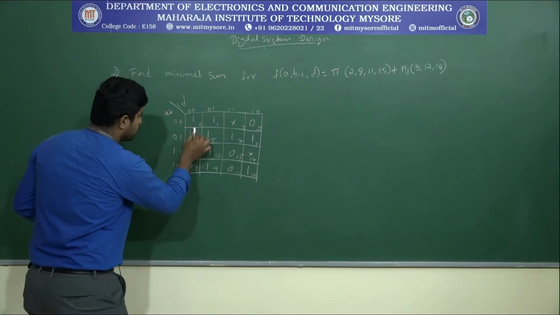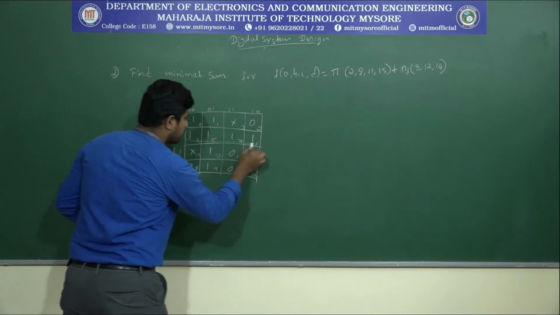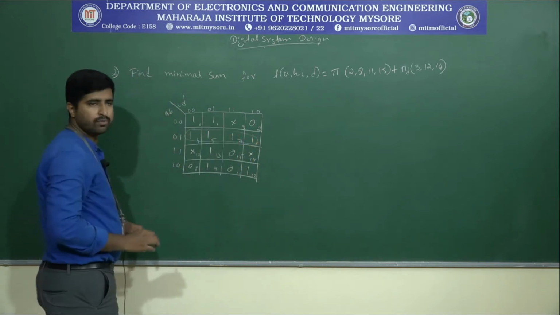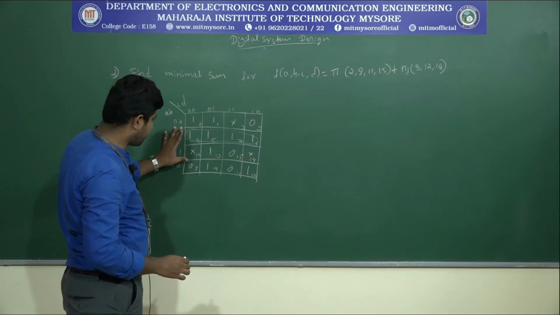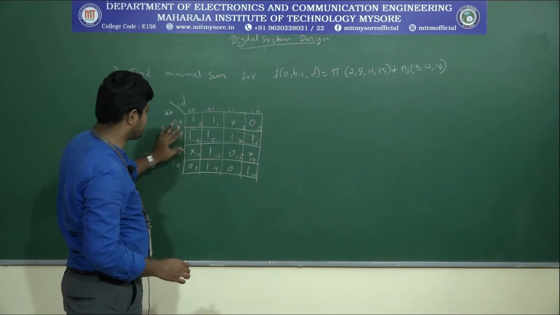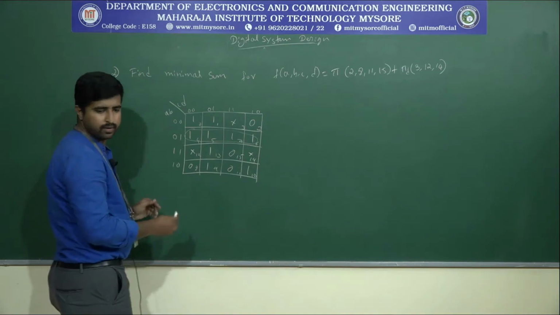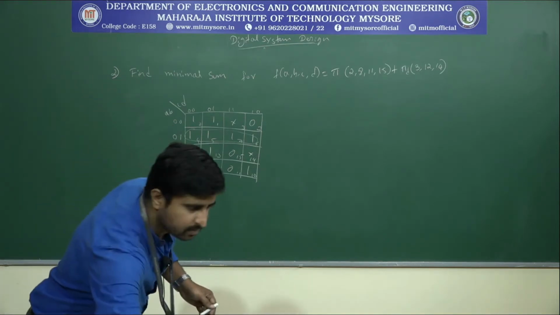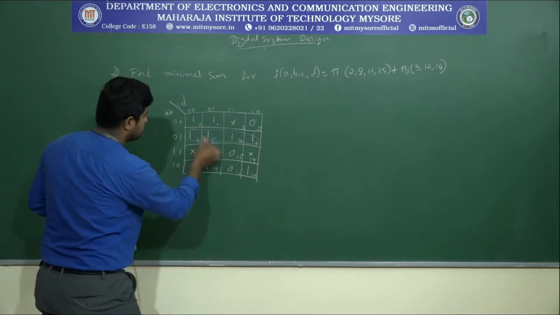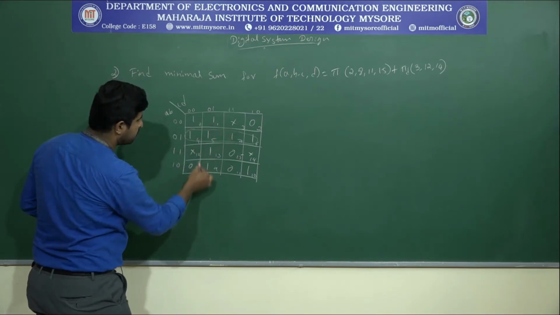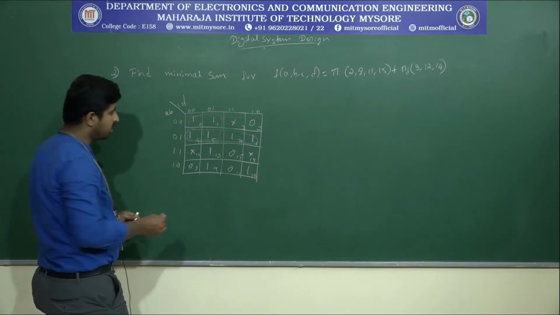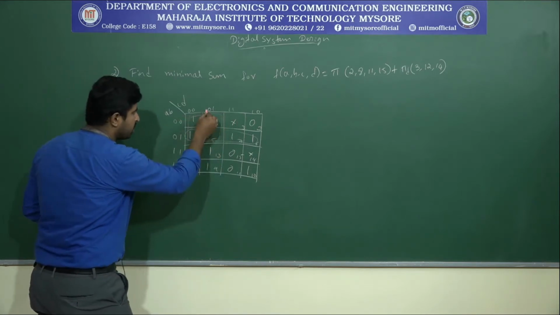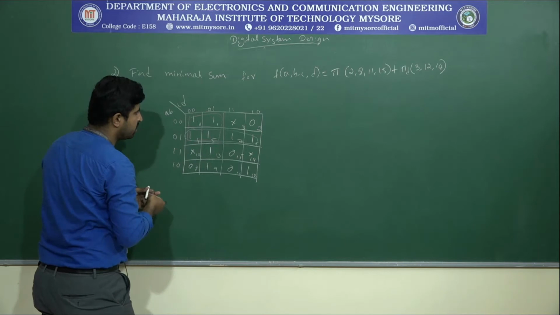Okay, this is the one group. Can we make any 8 cells group? No, we don't have any 8 cell options. Okay, 4 cells, one group. Okay, and next, see, these 4 cells can be combined. See, 1, 1, 1, 1. Yes, we can make one more group here actually.